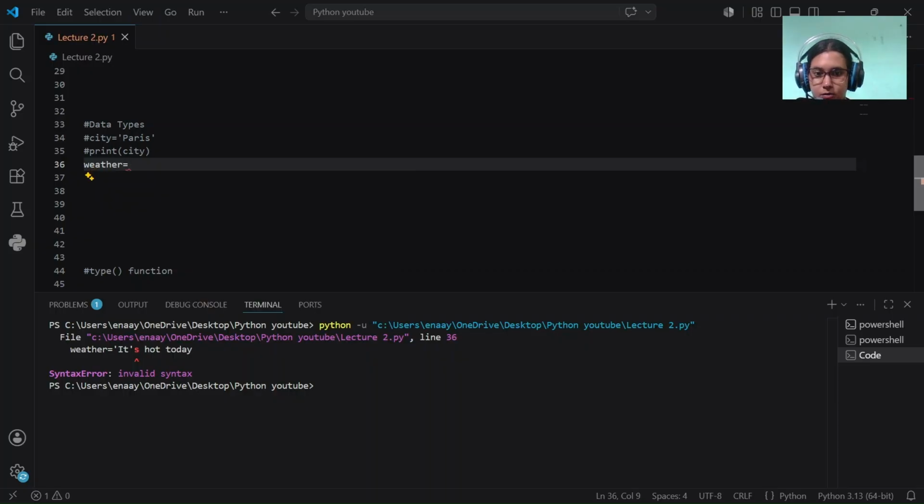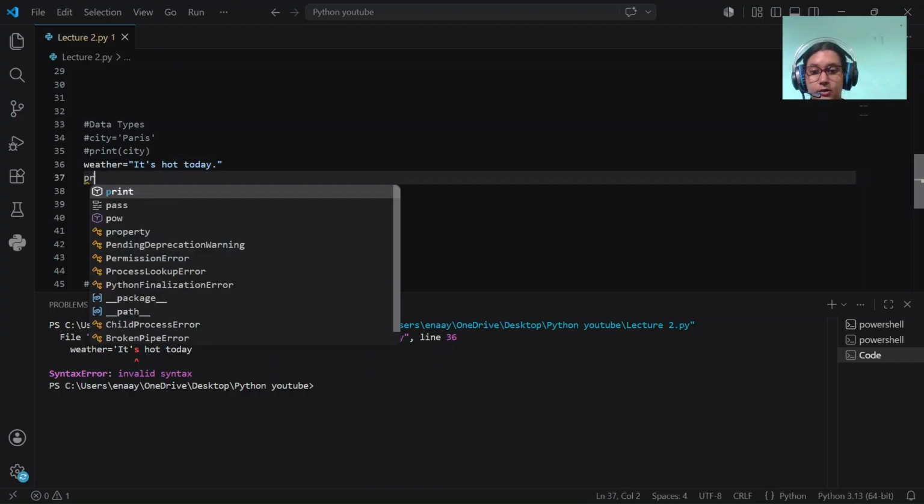Weather is equal to double quotes, it's hot today. As you can see, if you put it in double quotes, this apostrophe does not end our string. And if we try to print this,